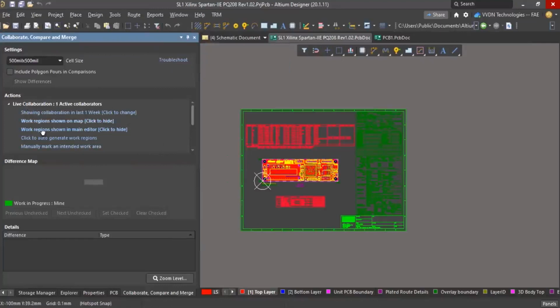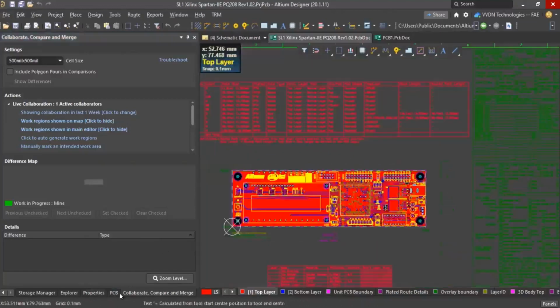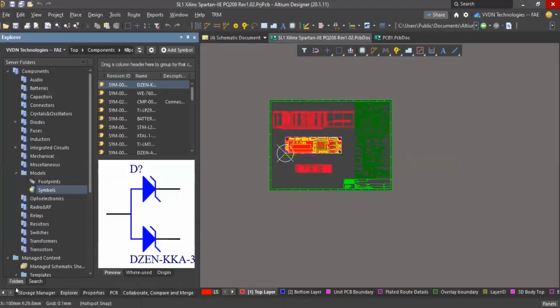If two connect to the same server, then you can set some work regions, and two people can work. Okay, means multiple people, not two people. You can set some work region and you can work on it. So that is there in this compare, collaborate. You can explore it and you can reach us if you have any queries. And yeah, I just want to show the Altium 365 features again.